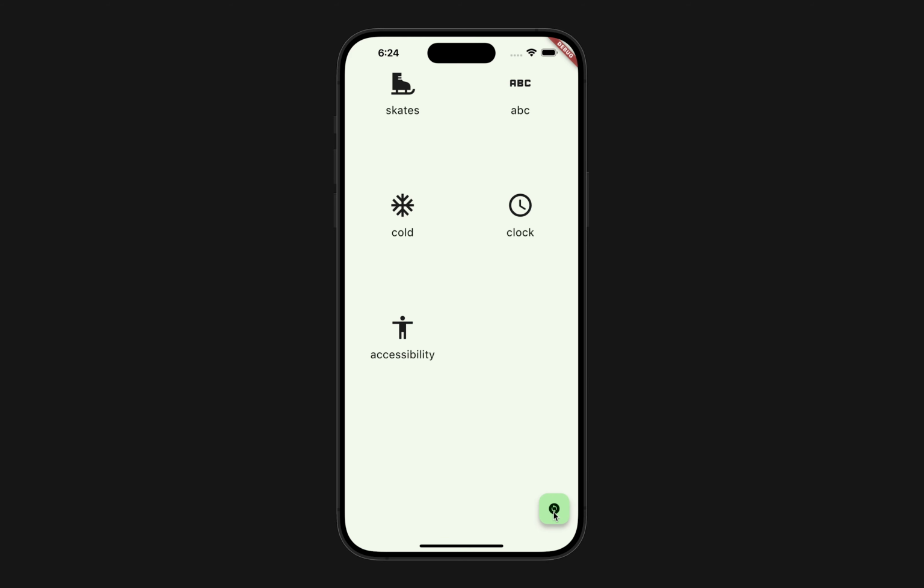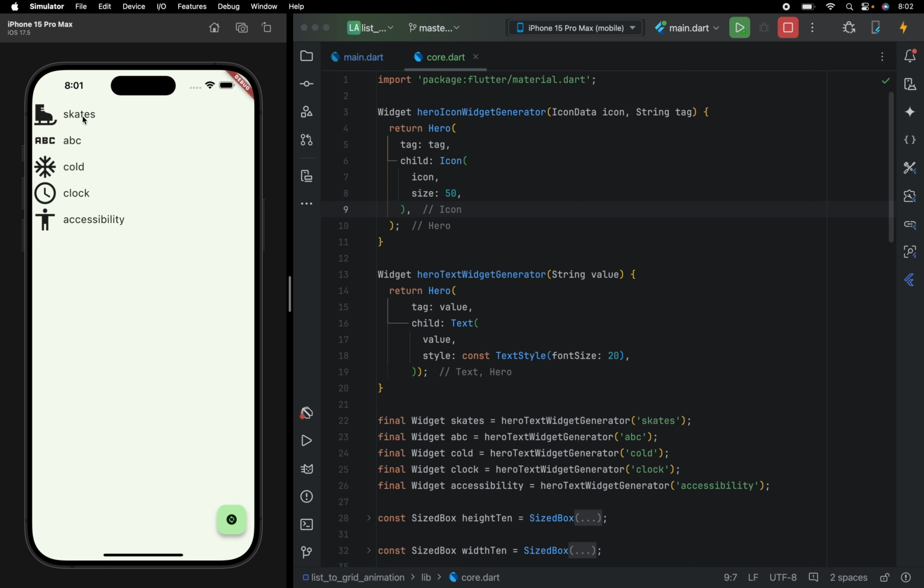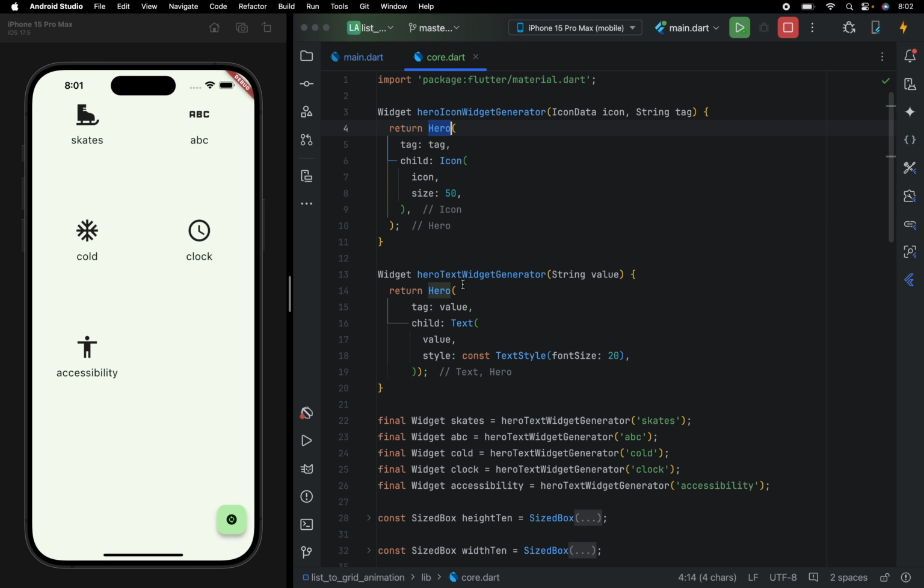By the end of this video, you will be able to create this awesome looking animation without using any package. Let me show you. I want to animate this icon and this text when I'm switching between these two views. In order to achieve this animation, I need to wrap my icon and my text inside the hero widget, like